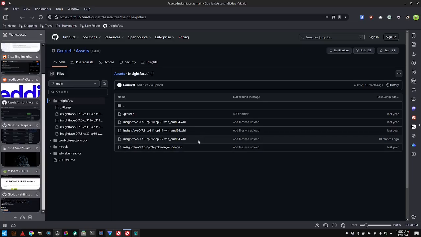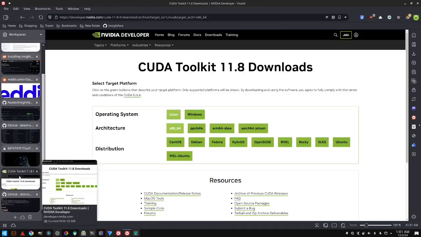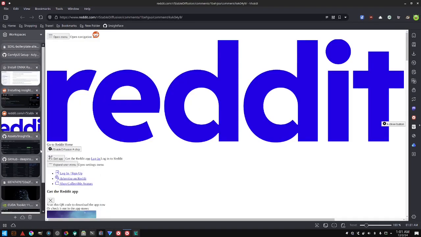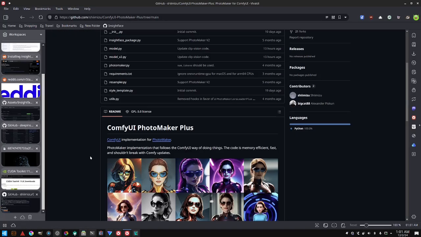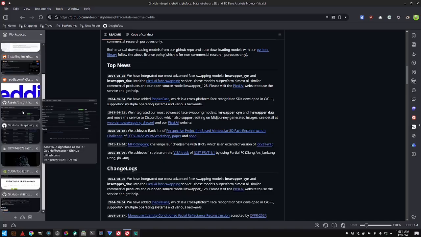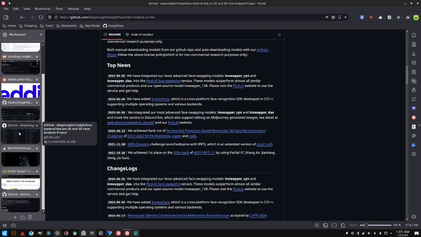But can we install InsightFace using pip in a fresh environment on Linux and avoid having to use these wheel files and transfer back to Windows and use Windows just for this one type of workflow, where if you want to run photomaker, or you want to run the IP adapter workflows that require InsightFace,